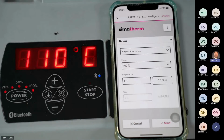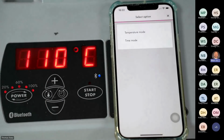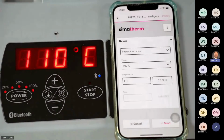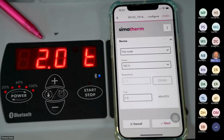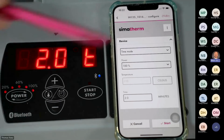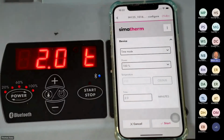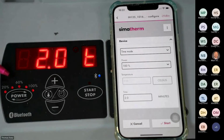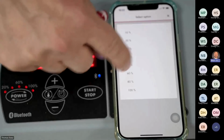How I may activate it? It's very easy. You press on the arrow down, and now you can choose between temperature mode and time mode. If I go to time mode, oops, I have seen it change also on the apparatus to time mode. And I have time mode and 100%. You can see also on the board that is 100%. If I press here down and I choose maybe 50%,